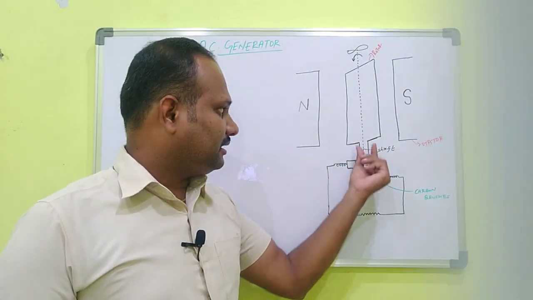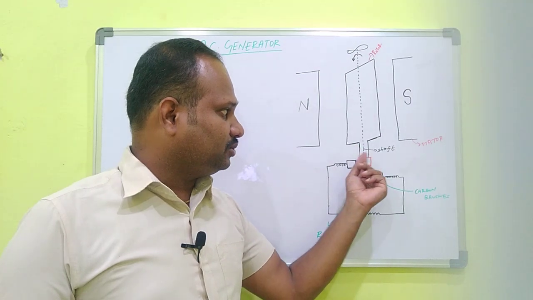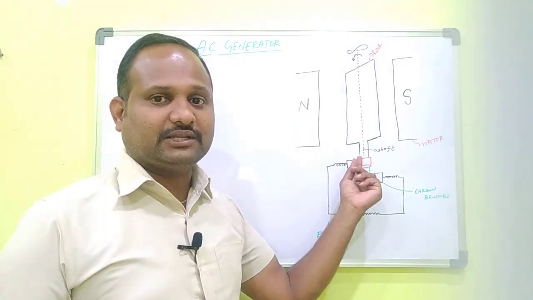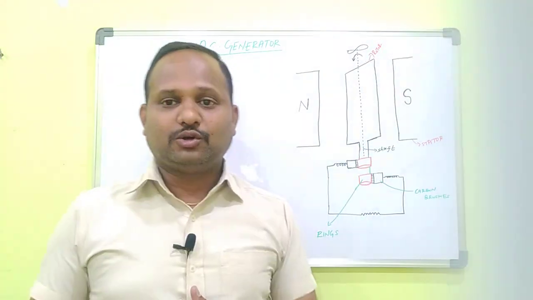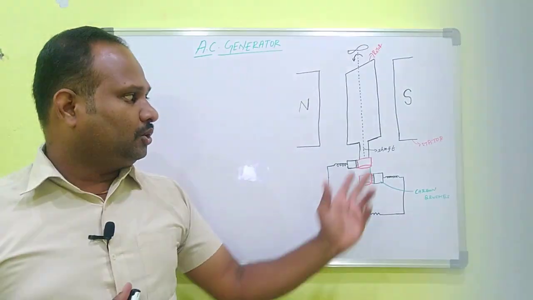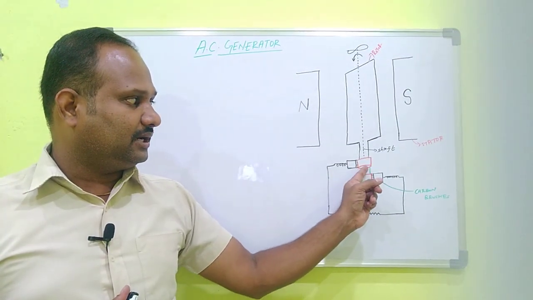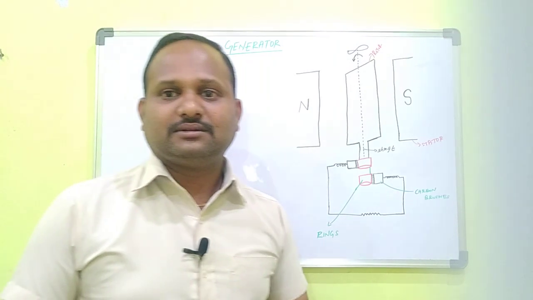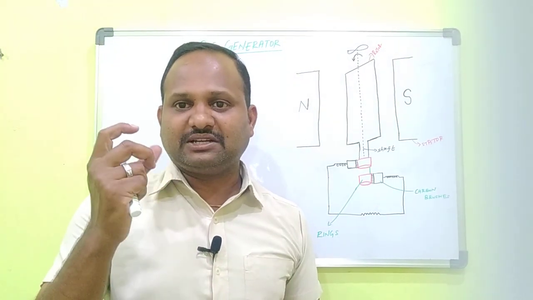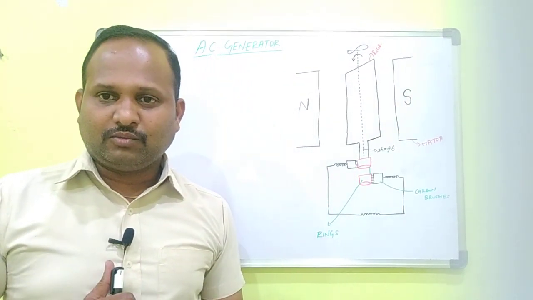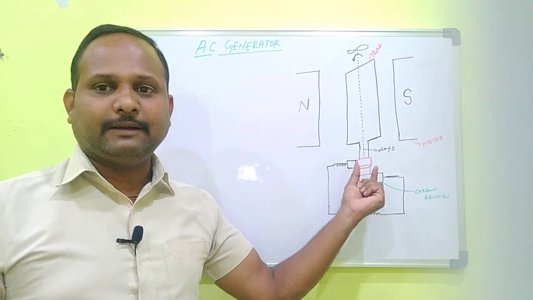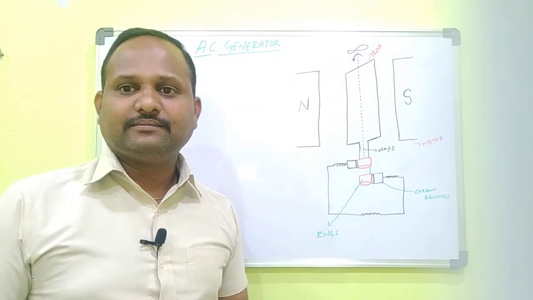At the end of the rotor, there are 2 ends. Look at the diagram: there are 2 ends in the rotor coil. The two ends are kept fixed to the ring system. What is the purpose of fixing the two ends of the rotor coil to the ring?